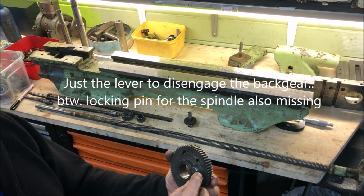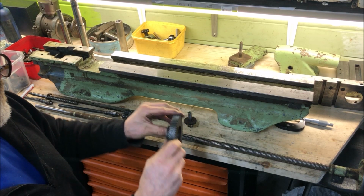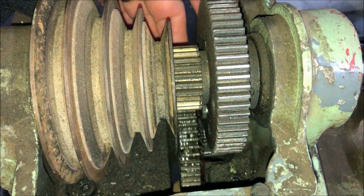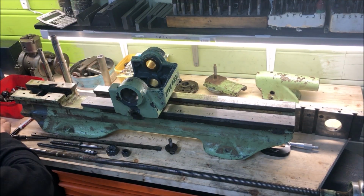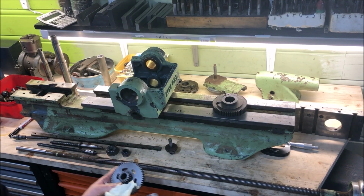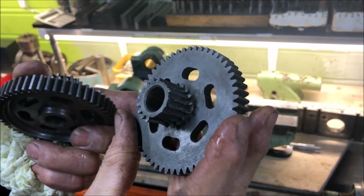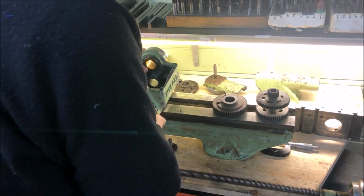I see some missing parts here, for instance, but the bull gear and the other side also unscathed, no broken teeth. I was a bit hasty saying that the back gear was in order. I mean, the bull wheel was in order, just missing this lever. But this is what a double wheel should look like, and this is how this looks. So clearly not okay. So a replacement there will be needed, and that probably has been